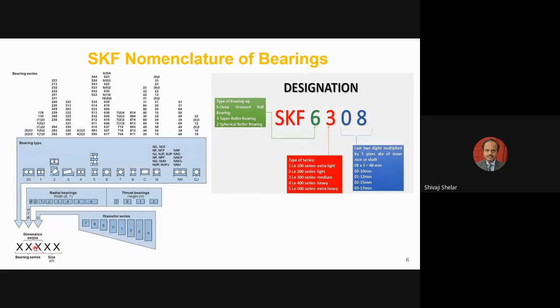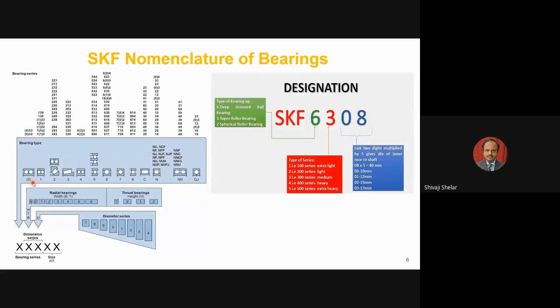So these two parameters, especially this parameter, is for the diameter series, and this parameter is for the width series if it is a radial bearing, or, if it is a thrust bearing, then it is the height parameter. This parameter is the height parameter, and this parameter is your series parameter depending upon your type of bearing. So if I say this is my deep groove ball bearing with 6, this is the angular contact bearing with 7, this is your normal roller contact bearing with 8, then this is your spherical roller with C, or you can use spherical roller in this form also, that is true.